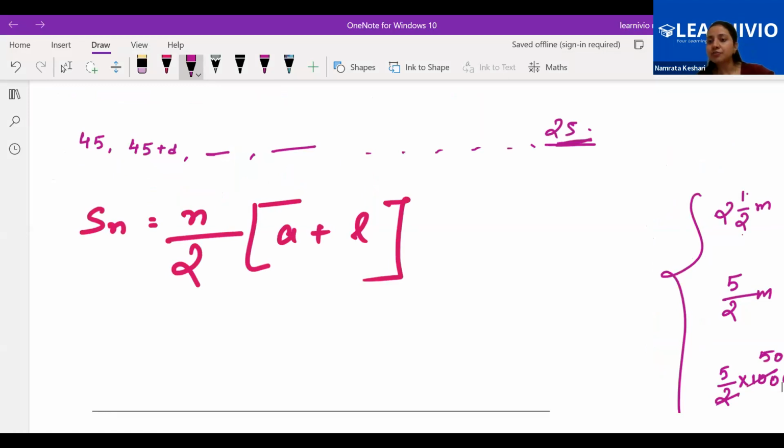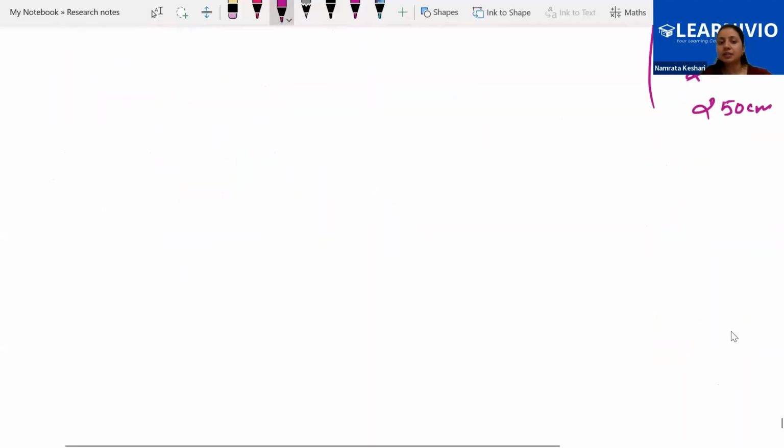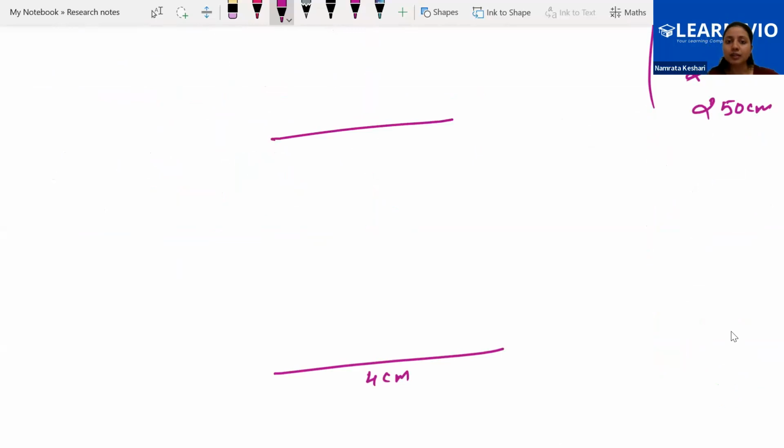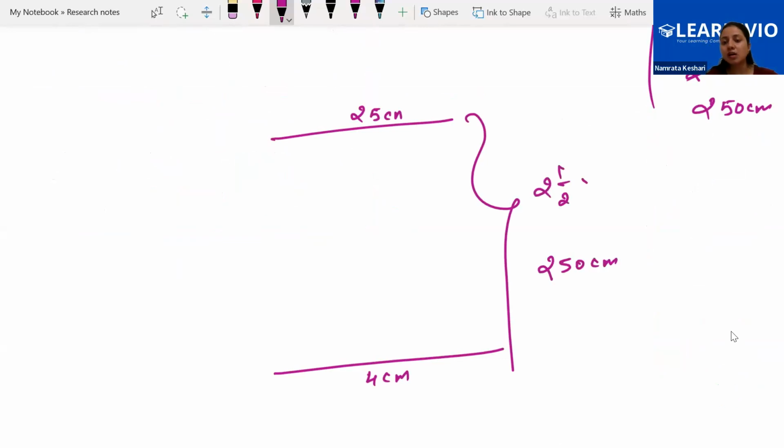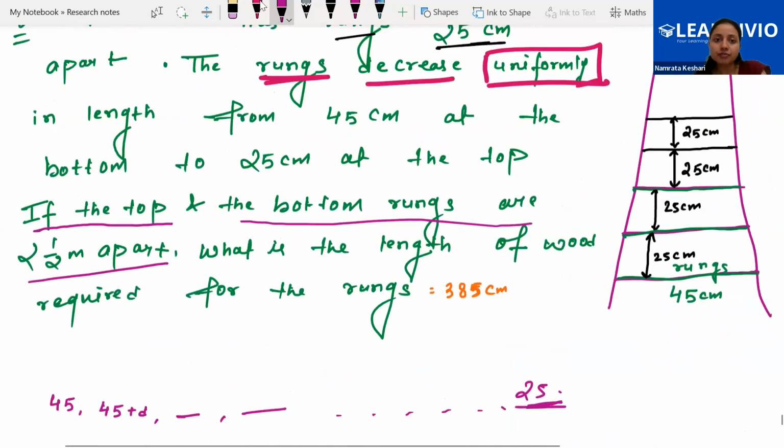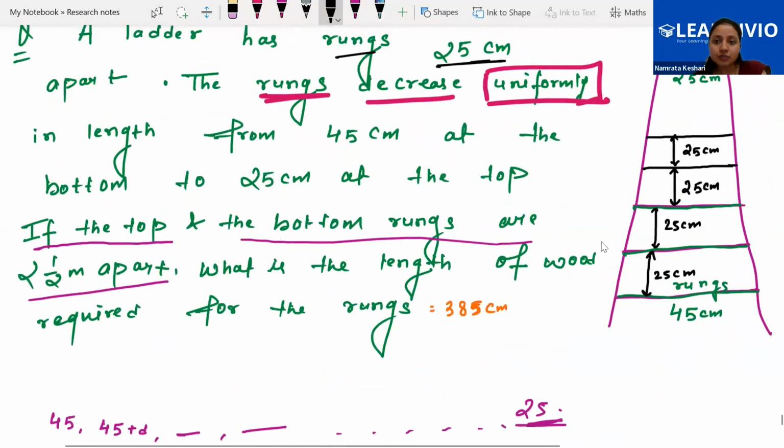So total 250 centimeter is there. The distance between the bottom rung, that is the 45 centimeter one, and the top rung, that is the 25 centimeter one, the total distance is 250 centimeter. It was given as 2.5 meter, which we converted and got 250 centimeter. Now what we are going to do here, if you look at it carefully, you will realize that